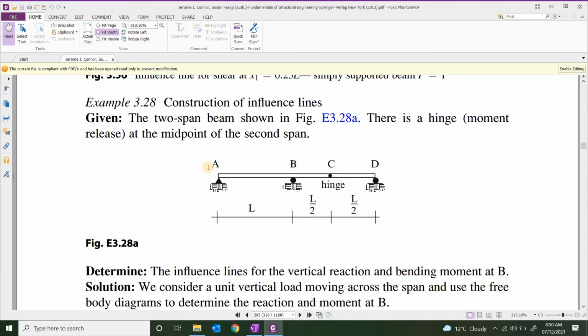Now the beam we considered so far was a simply supported beam, and now let's look at a beam which is not simply supported, but it's again a determinate beam. Agree? Look at this beam. The degree of indeterminacy is 0. How do you get to know that? If there is no hinge in this beam, what would be the degree of static indeterminacy? 1. And the inclusion of a hinge makes it a determinate structure.